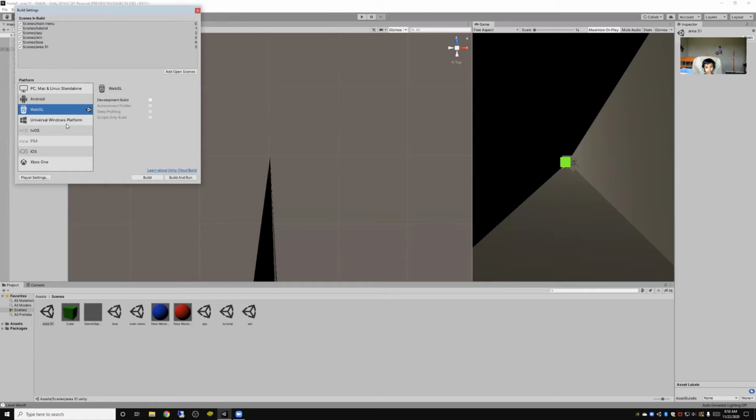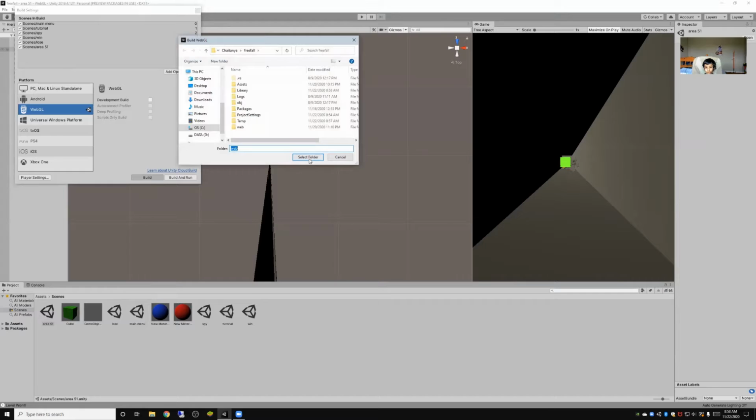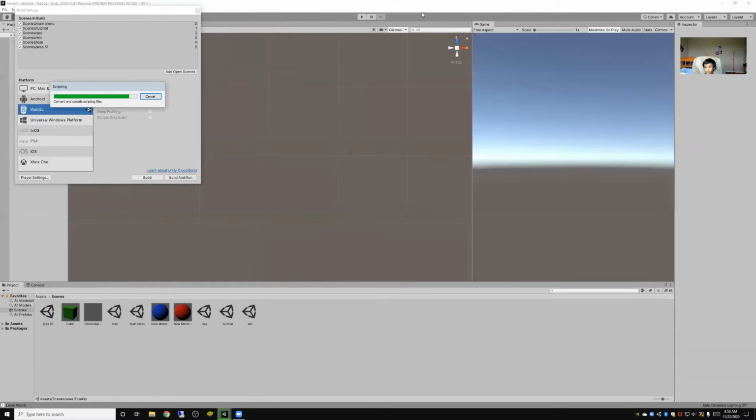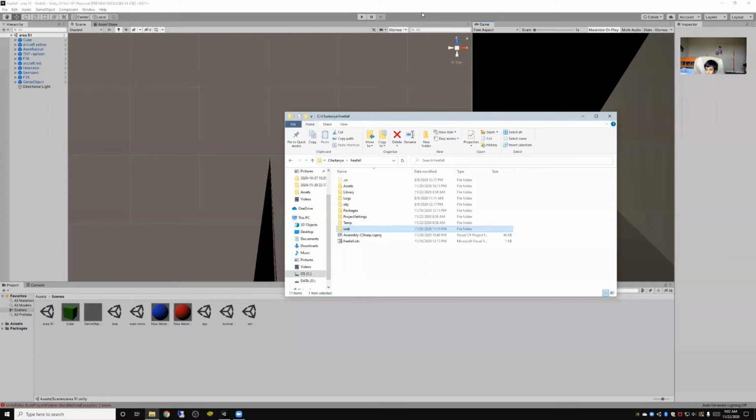So I already switched this to WebGL. So you click Switch Platform, but for me, this is already in WebGL. And you click Build right here. You select the folder and you let it run. Okay, after this is done, I'm going to get back to you. Okay, so now that it's done,